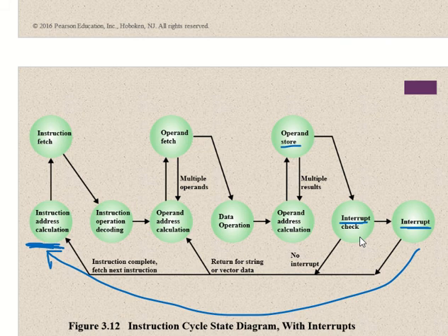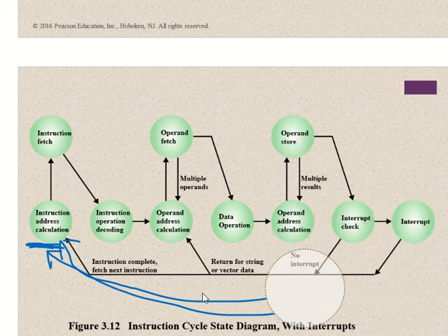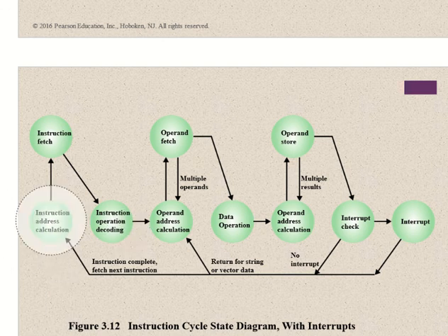If there is no interrupt, it will execute the normal sequence of your program. So this is the idea, but let's see a few more topics.